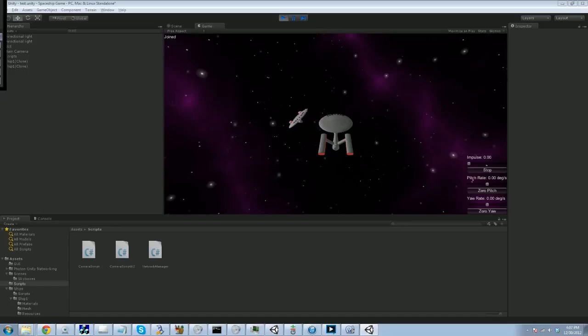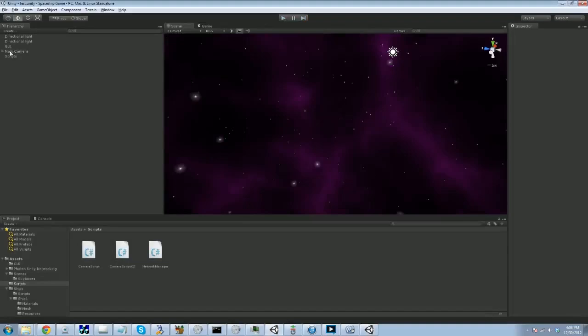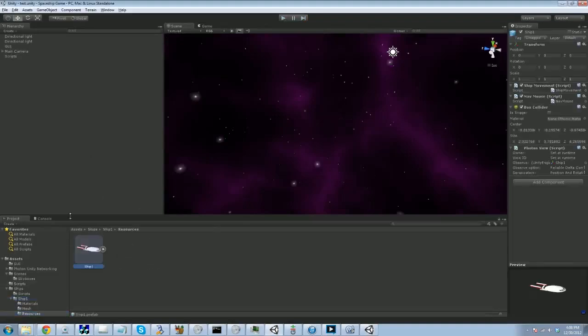Sure, why not? Anyway, that works great. Now, if you run into a problem where you are making a game, maybe a first-person shooter or a third-person shooter, and you start moving your character around and it's moving all the characters simultaneously, it's probably because your character prefab, like my ship here, has your input handlers,